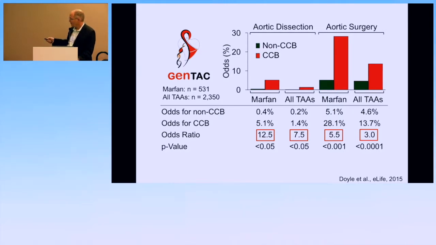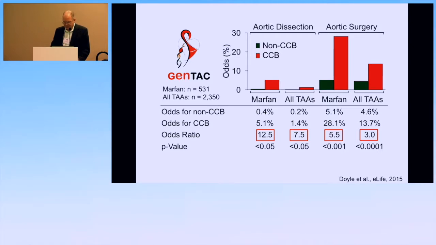This was also true if you considered all forms of thoracic aortic aneurysm. We also saw that the odds ratio for aortic surgery during the follow-up period was about 5.5. So at least a suggestive signal that what we're observing in mice is relevant to people with inherited forms of